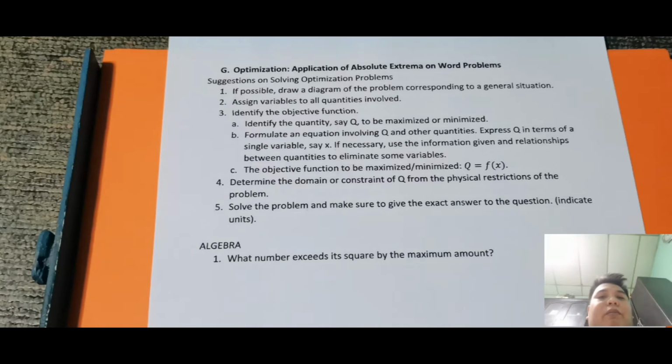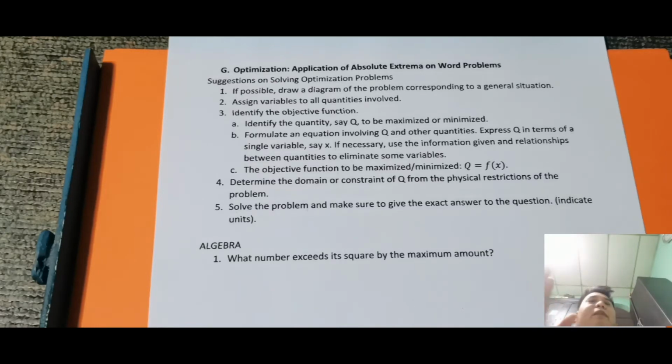So, what number exceeds its square by a maximum amount? Imagine mo yung tanong, walang given na kahit anong number, pero may tanong. So, ito ay example ng optimization problem. Mag-isip ka daw ng number na i-exceed its square. So, meaning na exceed is yung